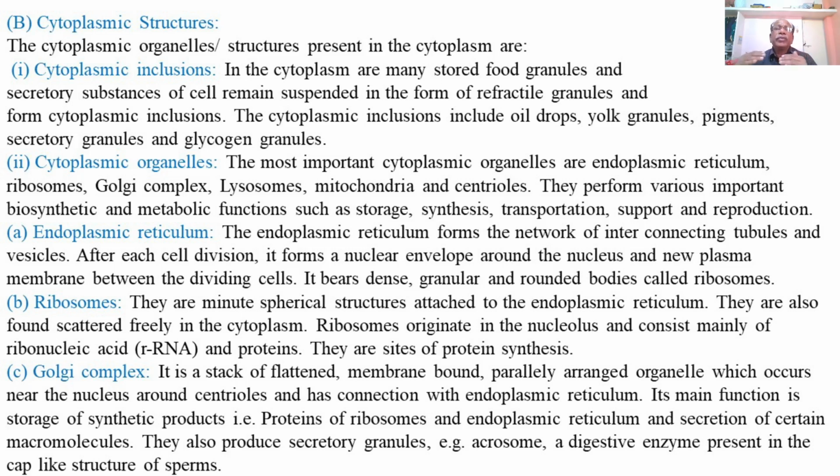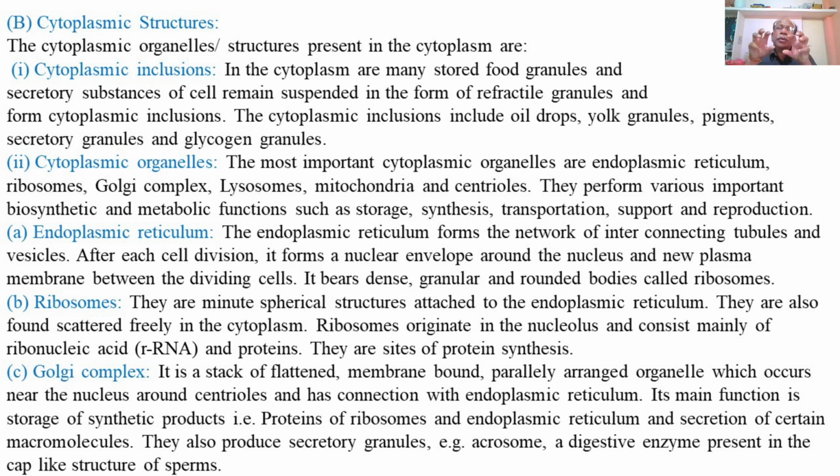So endoplasmic reticulum is a complex network of lamellae or cisternae or tubules or vesicles having a space bounded by interconnected lamellae enclosing the space of the endoplasmic reticulum, or cisternae, and it usually lies just outside or just next to the nuclear membrane, and during the process of cell division, it forms the nuclear membrane, and also the plasma membrane.